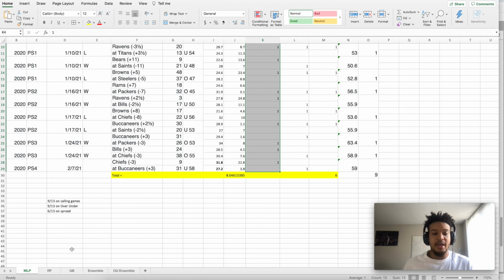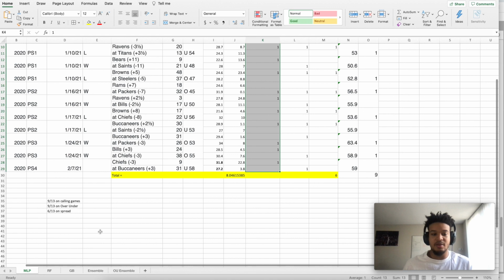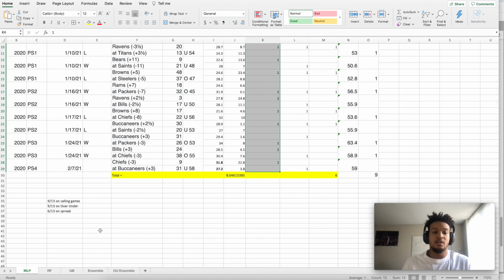While this one and the random forest did better on the over-under, overall it's still a better model in my mind. It's a very small sample size, so we'll have to keep testing, but I'm definitely going to keep working